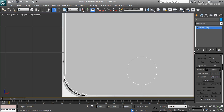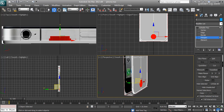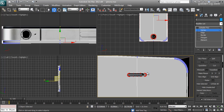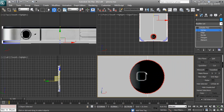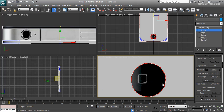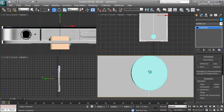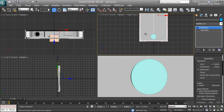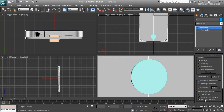Convert it to editable poly and these two parts already have the polygon selected. If not, you have to select them again and delete them. Let's go back to the edges and the vertex and see the vertices. You can see a lot of vertices here, but we really don't want a lot of vertices to be created, so I Control Z, go back,